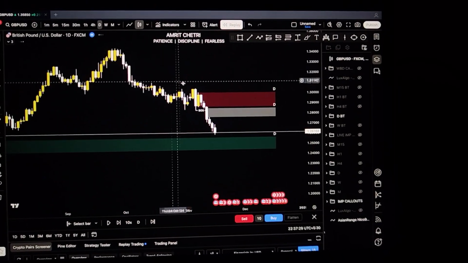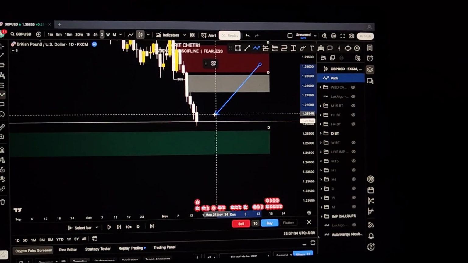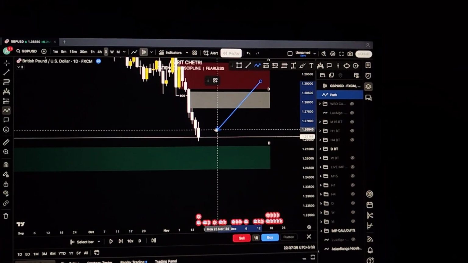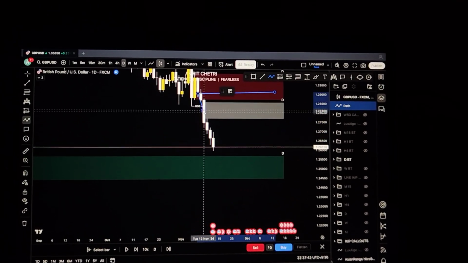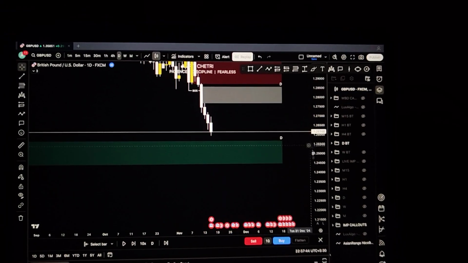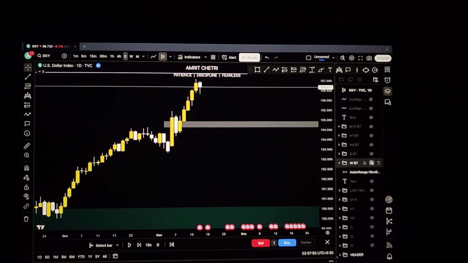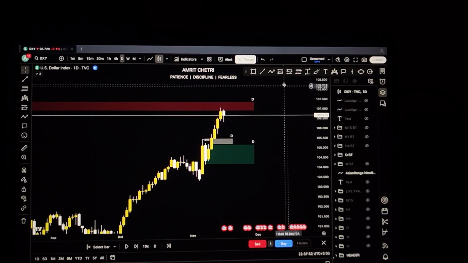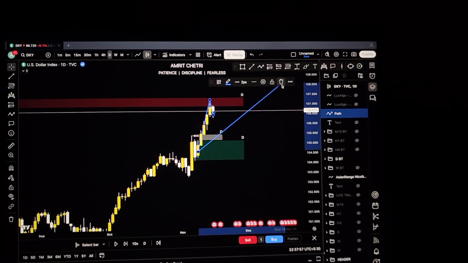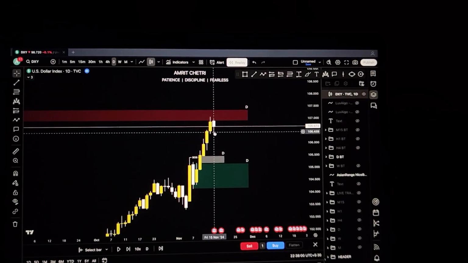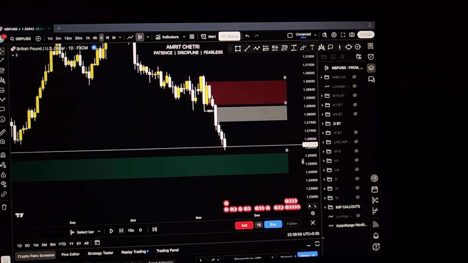Now that is when I go to the daily time frame, and whenever the daily and the weekly are aligning on Monday, I tend to trade Mondays. So in this case exactly, weekly bias is bearish and also the daily bias is bearish according to how these candles are closing: Monday, Tuesday, Wednesday, Thursday, Friday. And Friday also was bearish. So going on Monday, I will be looking for sales. If I go to DXY to confirm my bias, on DXY also it makes sense to go up, right? In this case, Friday closed as a kind of bullish pin bar candle. So I will be looking for buys on DXY, which will be sells on GBP USD.